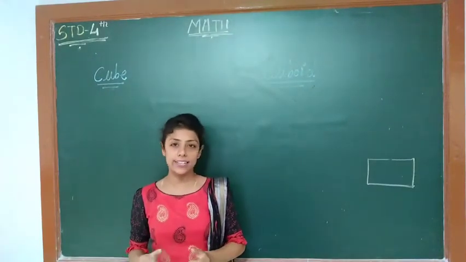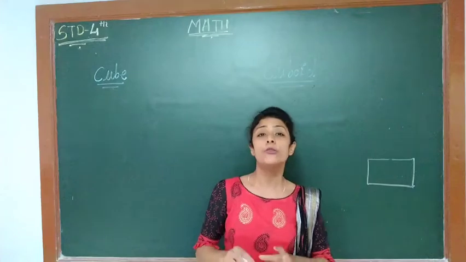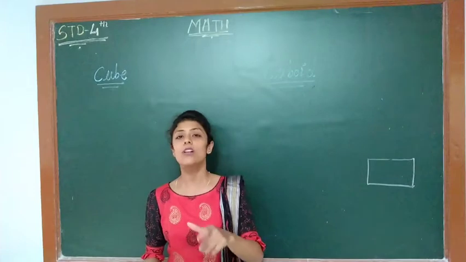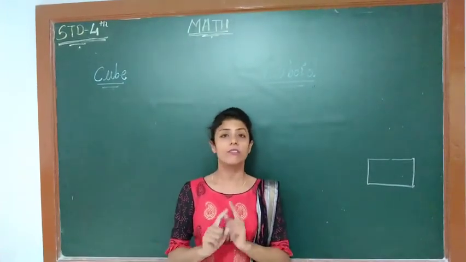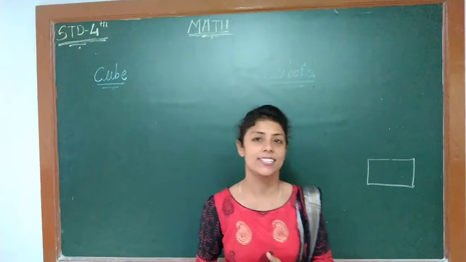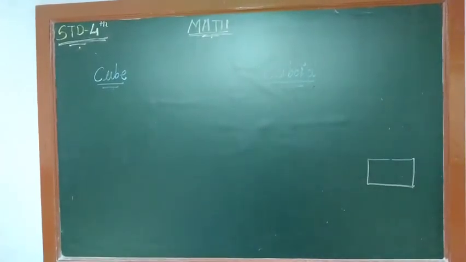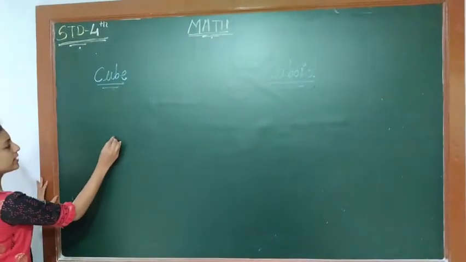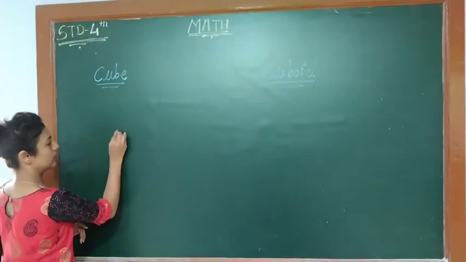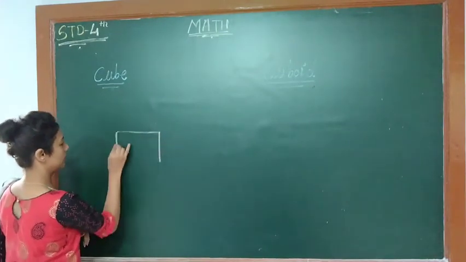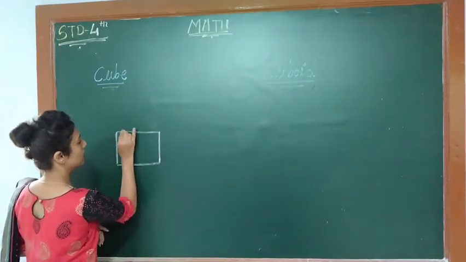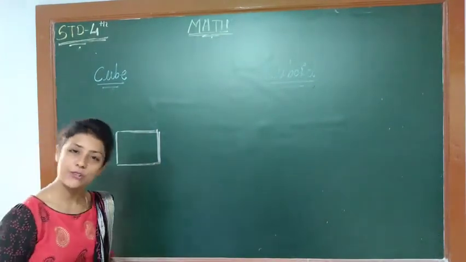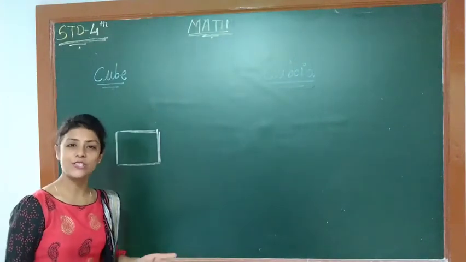To draw the cube exactly, if you want to draw a cube, you can take a measure like 3 cm, 5 cm, 10 cm, and all sides should be same. First we will draw 2 squares. So first, to draw this square, it's not exactly square because I am not using the scale. If you want to draw in your notebook, you have a scale, you can use your scale.